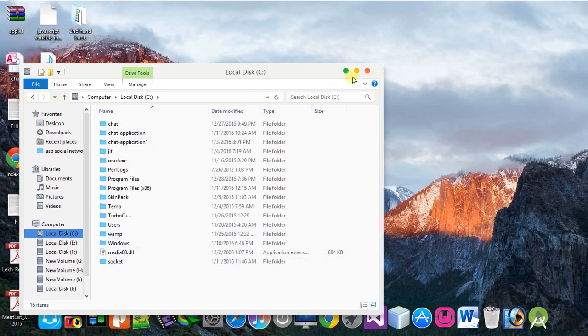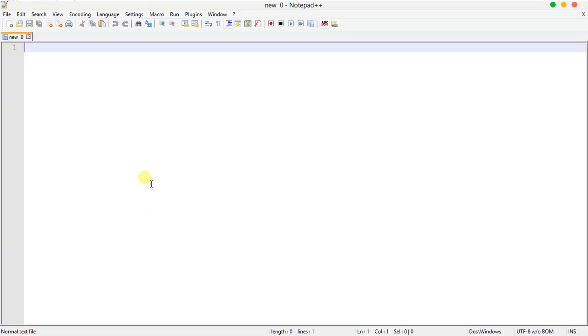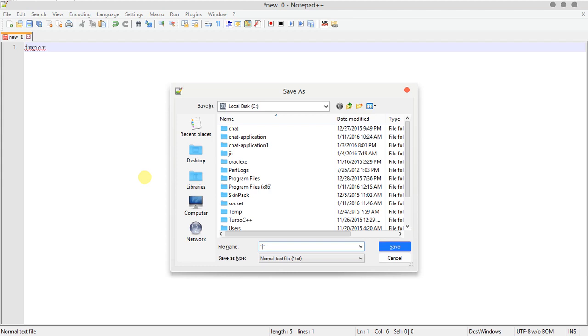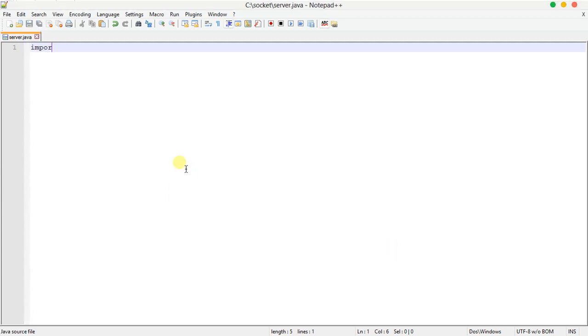For the coding portion, now I'm going to start my editor Notepad++. Before starting coding, I give the name for the file, that is server.java, and you must remember that the Java file must be kept in the folder which you already created, that is socket. Okay, now I am going to start my coding portion, that is import